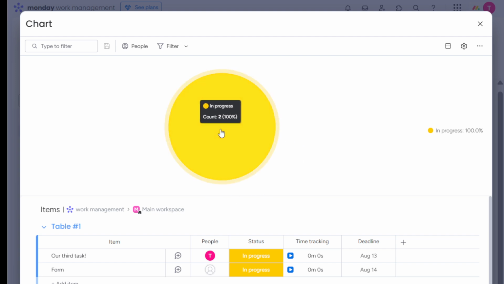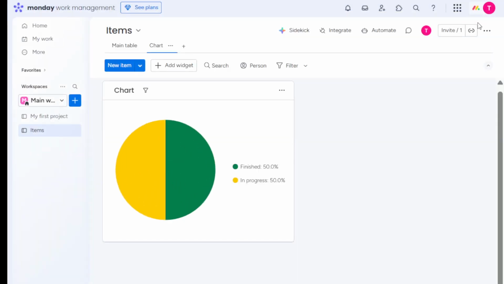To finalize and apply your selections, simply click the Apply button. Your chart will then render on the screen, providing you with a visual overview of your data. This is where you can truly start to reap the benefits of Chart View. Seeing your information in this format can simplify decision-making processes and help identify patterns that might not be as apparent